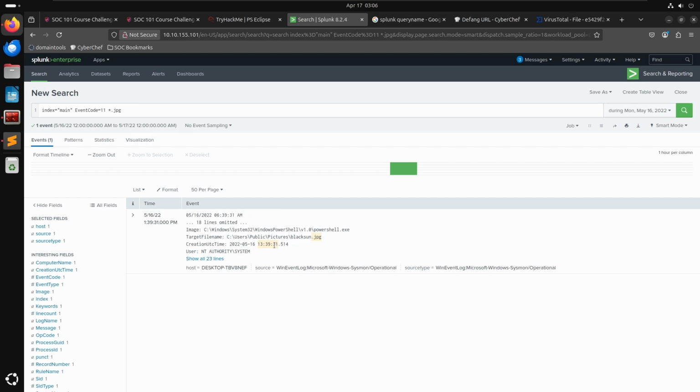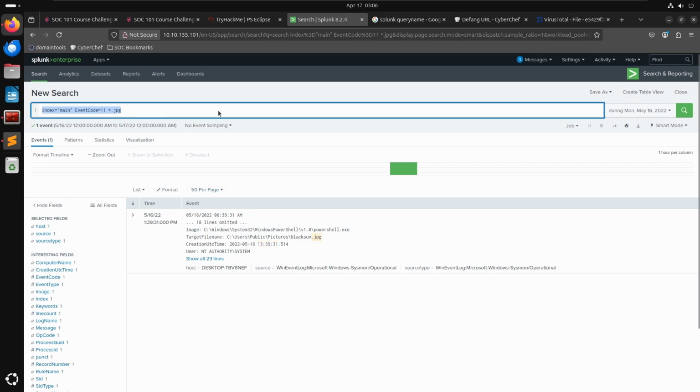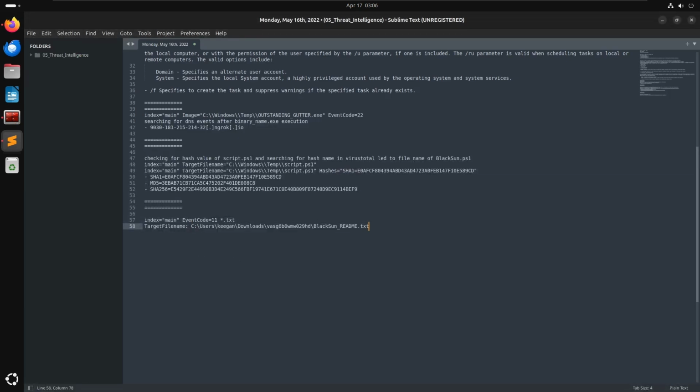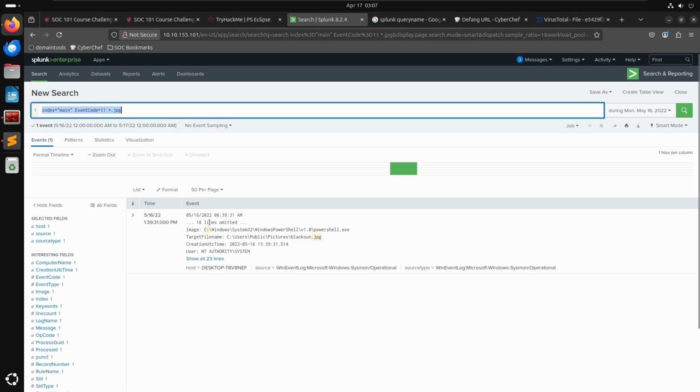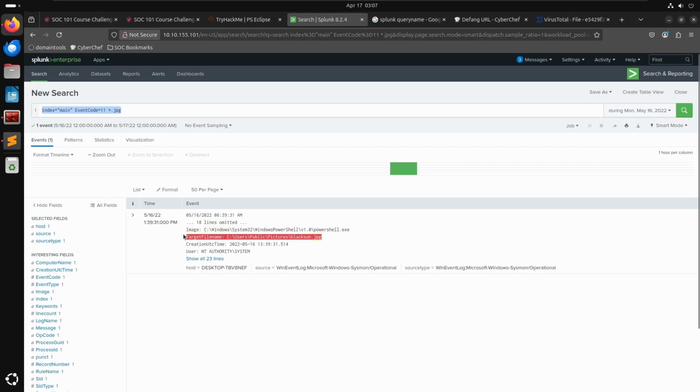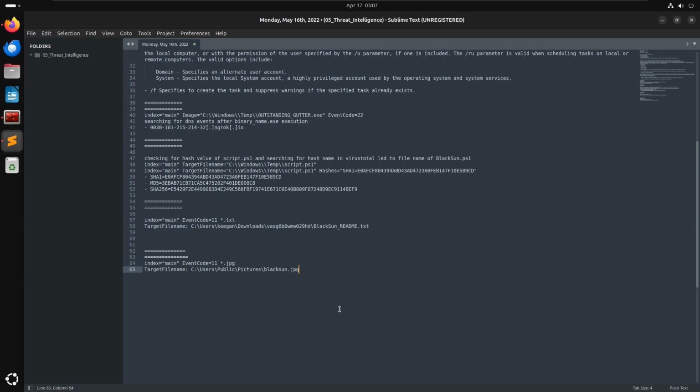So, probably anywhere between 5 and 30 minutes would be a good time frame. 30 minutes before, 30 minutes after. Maybe that would have helped to narrow it down, or just help narrow down what I was looking for. So we did this, and then we were able to locate the target file name of C:\Users\Pictures\blacksun.jpg. Anyway,